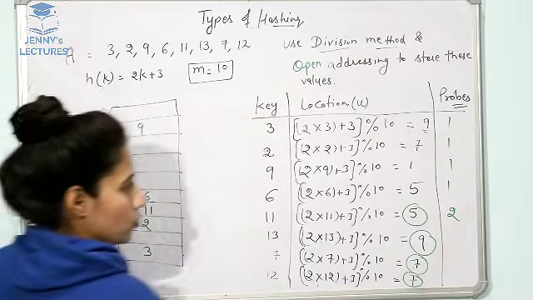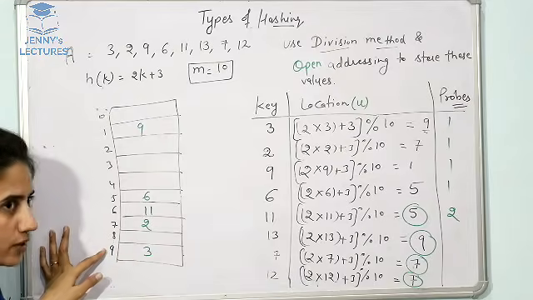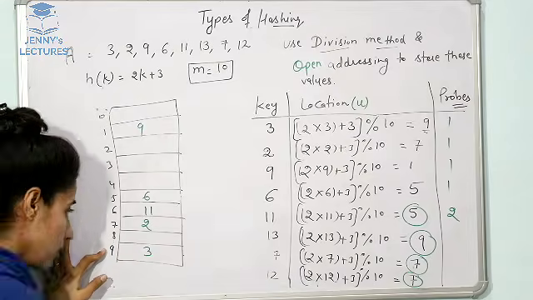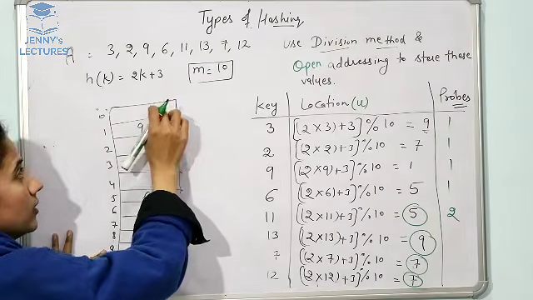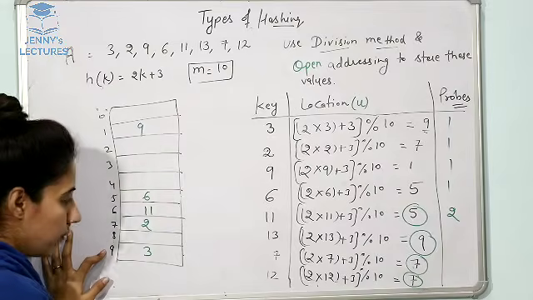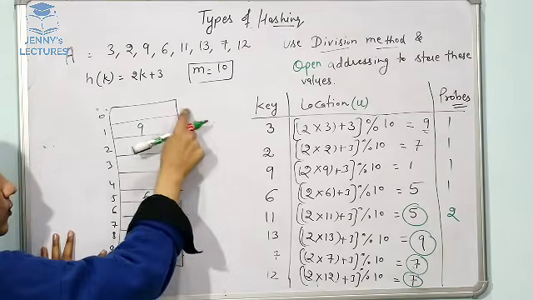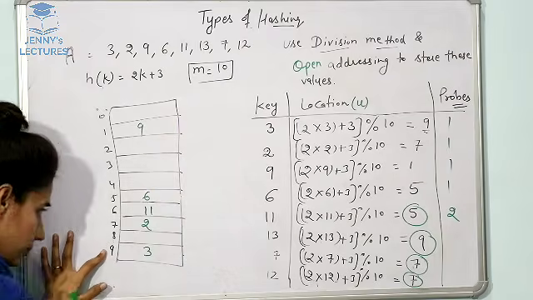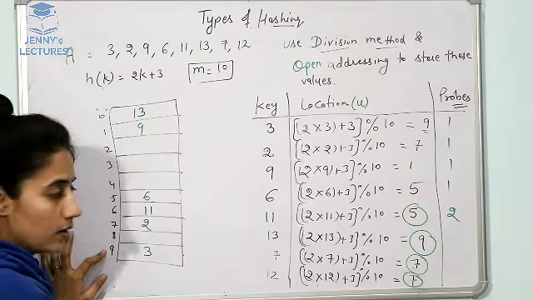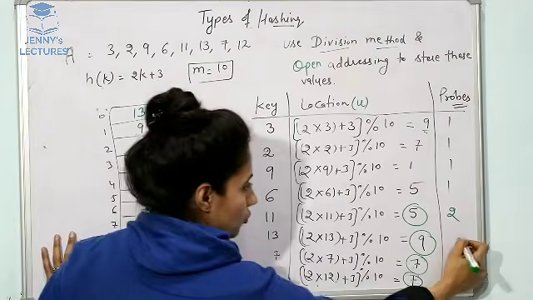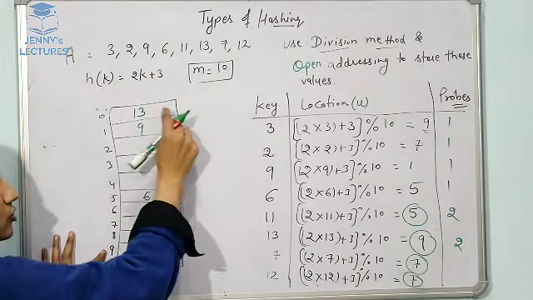So here 2 probes. For 13, go to 9th, but this is already filled, then what will you do? Find out linearly the next place, and next place would be this one, 0, because the size of this hash table is 0 to 9, then go back and this one is 0. Now where can you store this 13? Here we can store this 13. Next is, how many probes for 13? 2 probes. 1 9 पे गया, आपने search किया 9 को, then आपने next place search किया, then 2